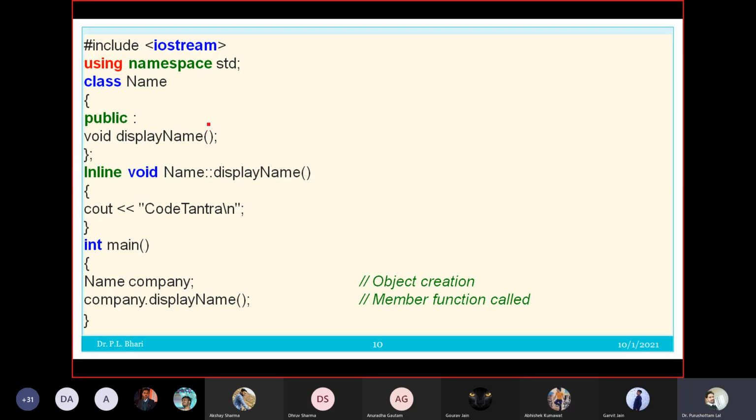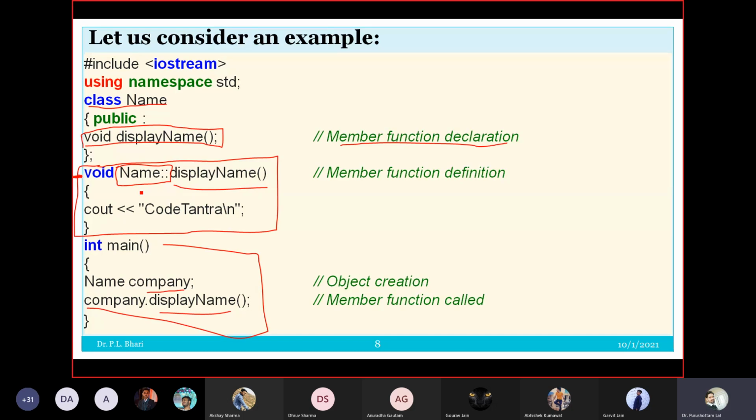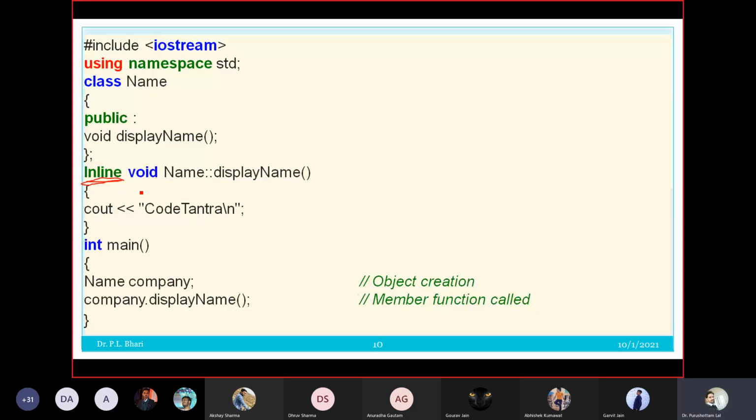So you can see the same example, only the keyword added as inline. Okay, बाकी पूरे कोड के अंदर कोई चेंज नहीं है, both codes are the same, that and that. Okay,